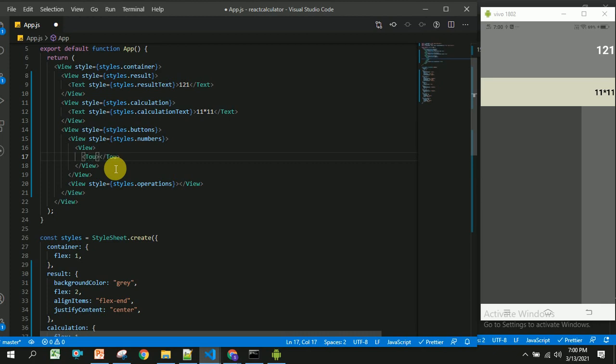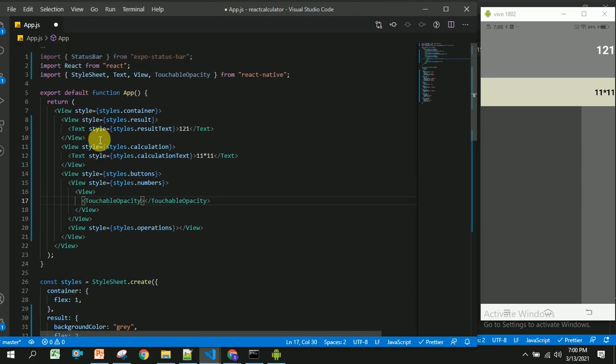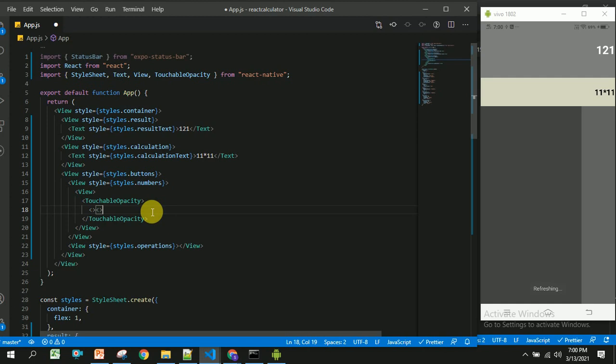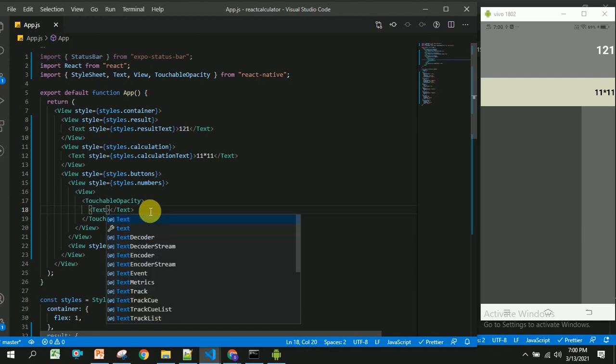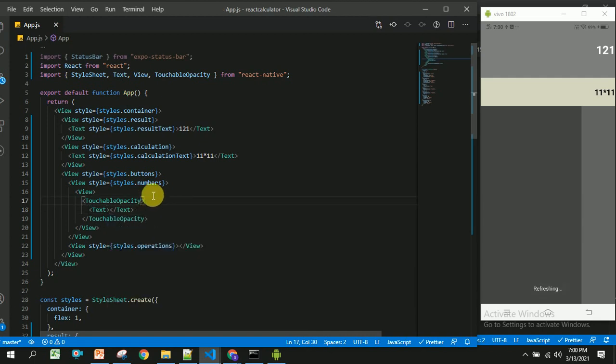I am going to use touchable opacity here, so I have to import it from React Native. Inside this I am going to use text, and once the user clicks on this, it will call a method.